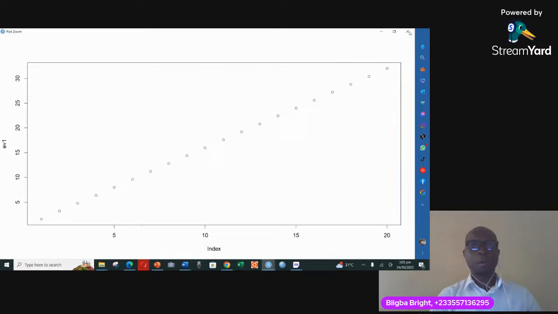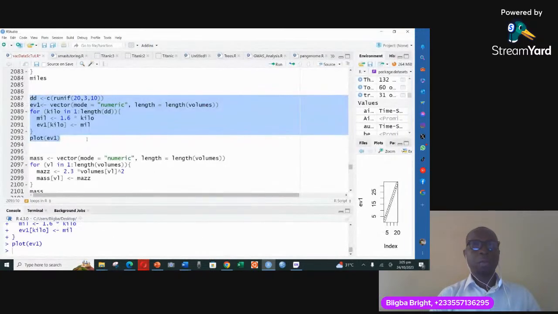And that is how we can equally use for loops to plot. What we've done here is simply create a vector. And then we're saying that this is a function, and the mode is equal to numeric and the length is equal to this. And then we pack everything to environment. So for a kilo in the length of dd, this dd that we have created, we're creating a variable called miles. And miles is the same thing as 1.6 times a kilo,